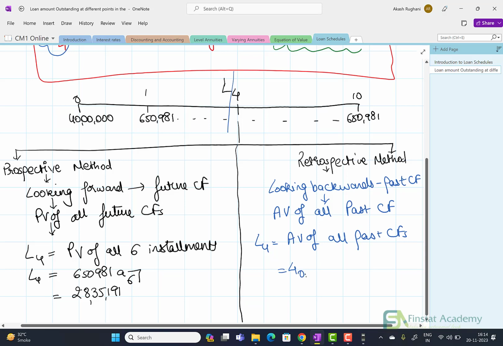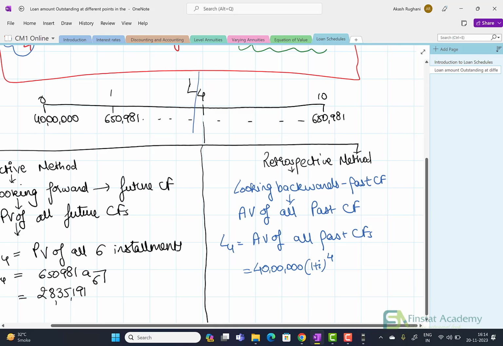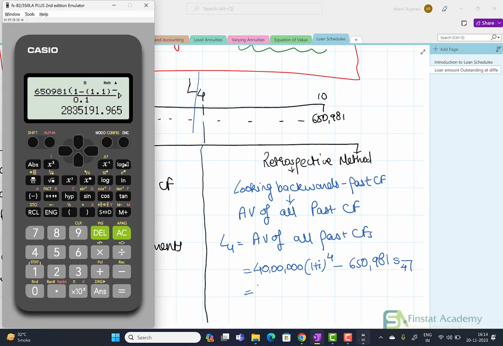Since 40 lakhs was inflow, using a positive, I'll have to accumulate that till time 4, minus the accumulated value of 6,50,981 into S4. So now I have taken the accumulated value here. Obviously the answer under both of them needs to be the same, so I can do the calculation under both of them. So 40 lakhs